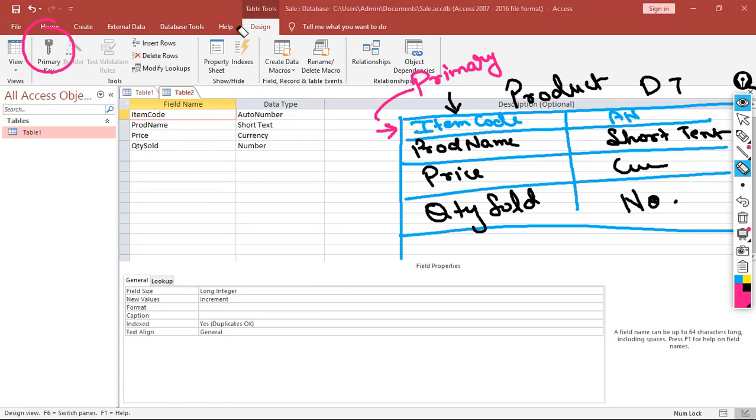सो व्हाट आई एम डूइंग राइट नाउ, आई एम यूजिंग दिस मेन्यू ऑप्शन. इट मीन्स आई विल सिलेक्ट दिस रो, click on the design view and then I'll click on this primary key option. As you can see, this table is successfully created now. Now we have to click on the save option available over this side.